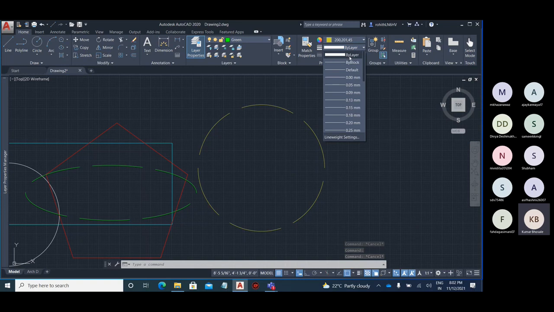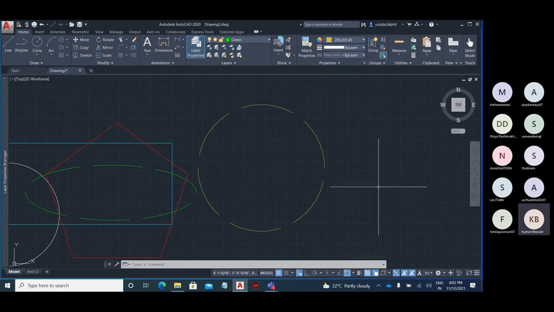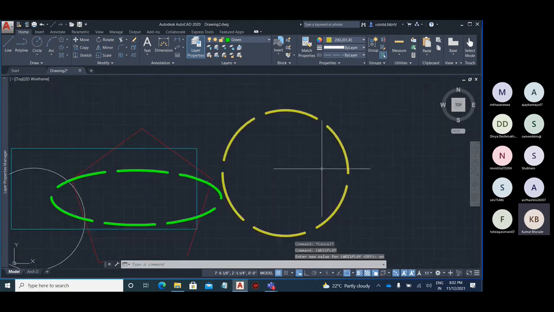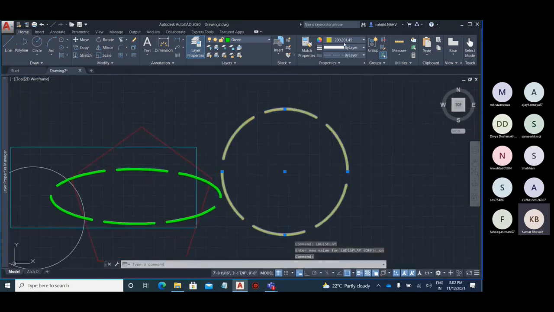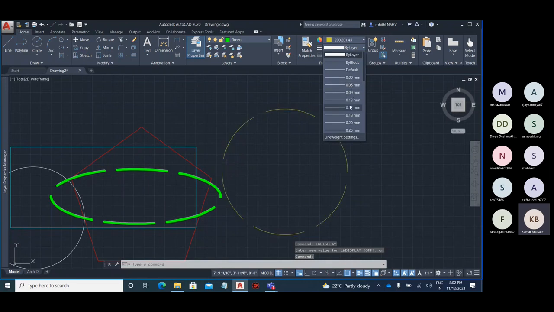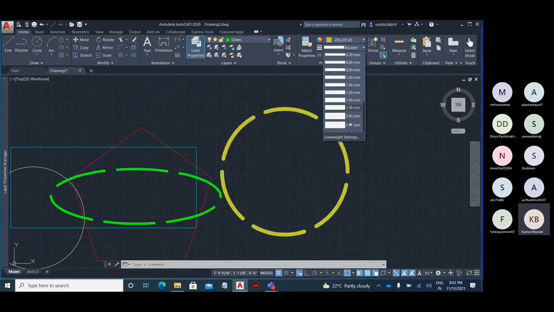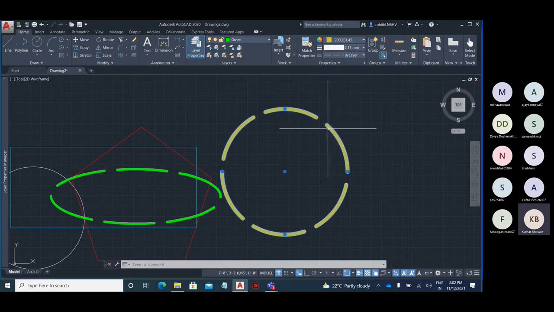So you can see by layer the thickness is somewhat different. It is not showing over here. Let's see, line weight display is turned on or off. So it is off, just make it on. You can see. Okay, so individually I can change whatever the thickness of the line is there. That also I can change over here. You can see, if I want more, you can make it more. So individually you can make the changes of it